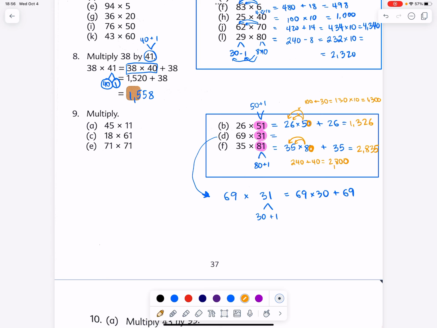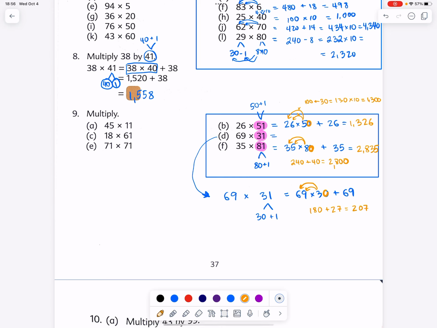So let's use our friend distributive property. 69 is 60 times 3 and 9 times 3. What do we have? 60 times 3 is 180. 9 times 3 is 27. The two partial products is